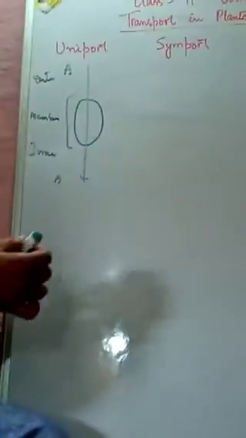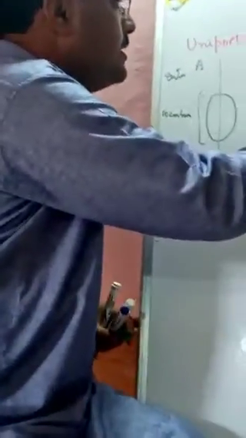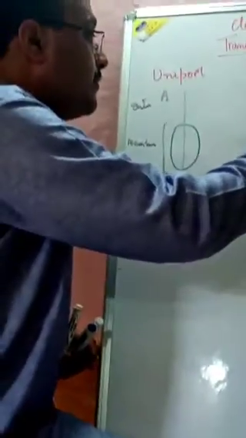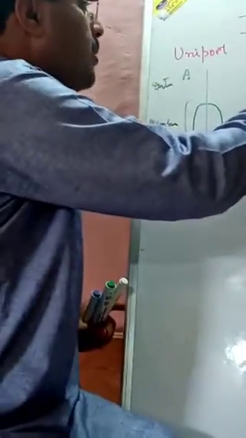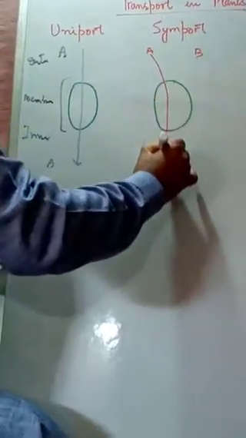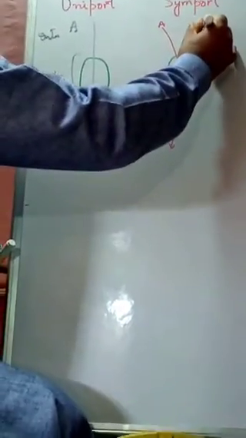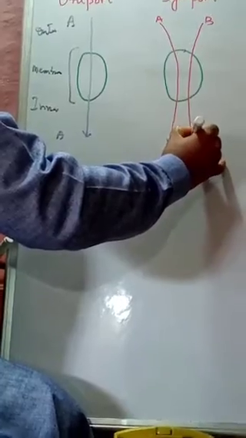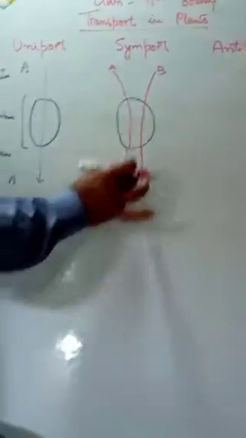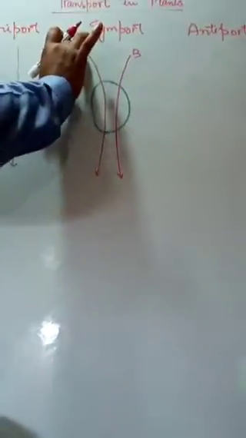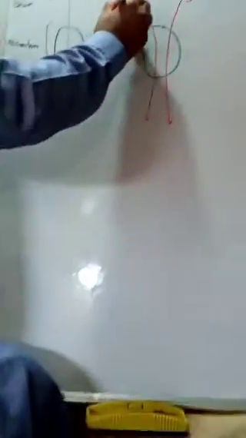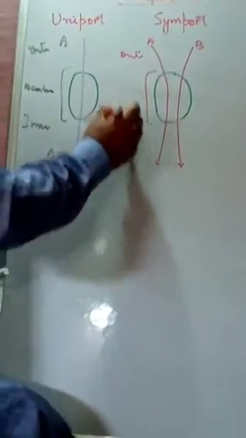In the second case, if this is the carrier protein, what happens there? It is the particle A, a molecule A, it is the molecule B, and here we will see two particles are transported at a time. From the outer to the inner, and if this is the membrane, this is the outer, this is the inner side of the cell, and this is the membrane.